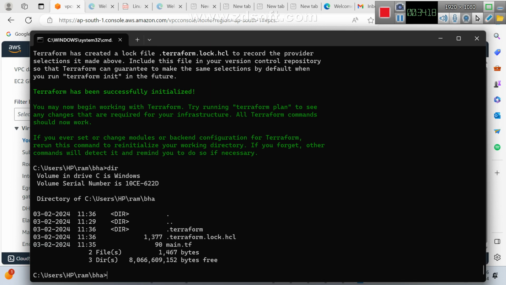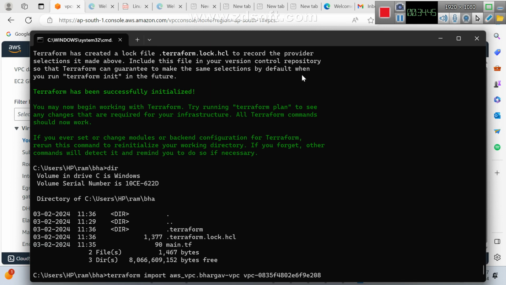Now terraform import. Import is the command. What do you want to import? aws_vpc.Bhargav-VPC, then a space. What is that? The VPC ID.